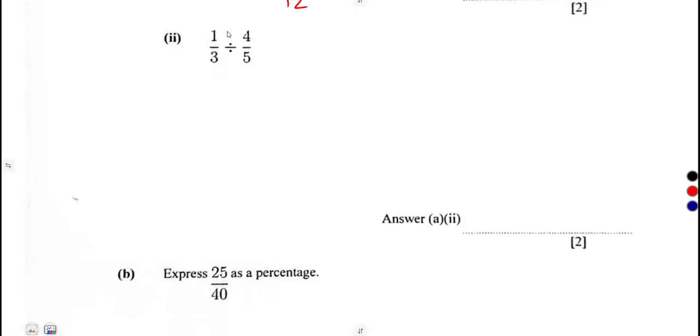All right, divide. Here, this is 1 over 3 divided by this. Simply introduce multiplication, and we know that we interchange the second